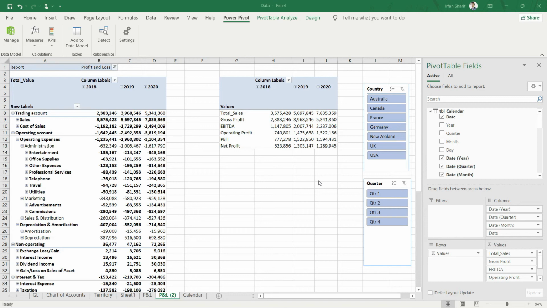So when we start to analyze our P&L, the most obvious basic calculations that we need are the gross profit margin, operating profit margin, and net profit margin. And with DAX, it is going to be very simple to calculate all of those ratios. And even better, since we already have defined the measures for gross profit, sales, net profit, and operating profit, it is going to be very easy. All we have to do is pick up the values and divide them,